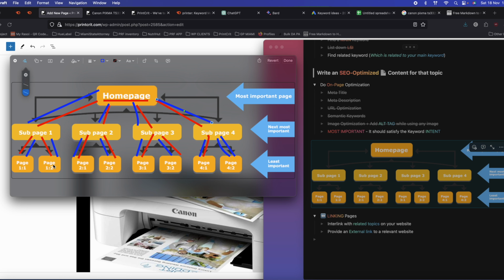And you do not link this one to this one, because here you're talking about electronics and here you're talking about clothing. Both are different, right? And what is the benefit